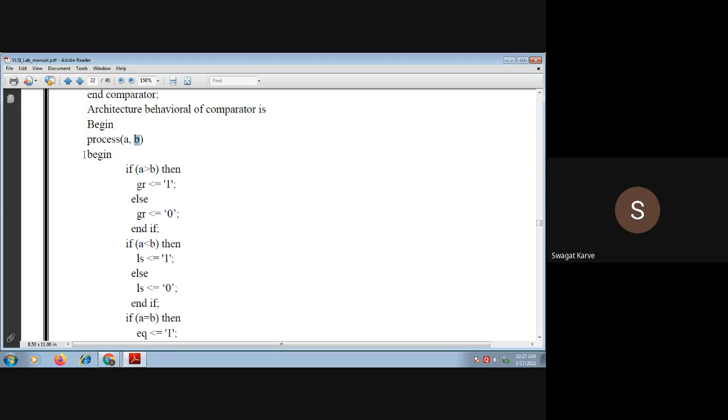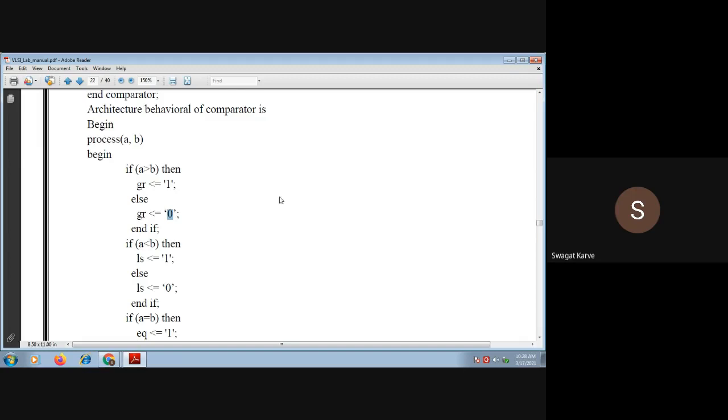Begin. Now here we have begun the process, and we have used very simple if else if logic. If A is greater than B, that means the weightage of A is greater than B, then what will happen? GR will get the 1 bit, or it will be set to 1, else GR will be set to 0.